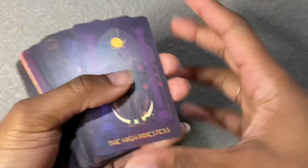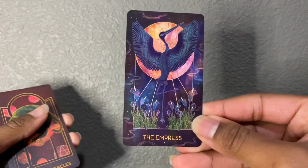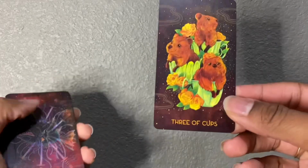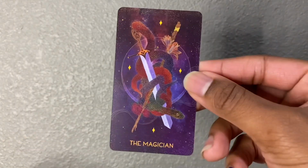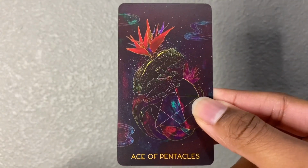So here we have the High Priest, the Empress, Nine of Pentacles, Three of Cups, Six of Swords, Ace of Wands, King of Cups, the Magician, the World, the Chariot, Seven of Swords, Ace of Pentacles,